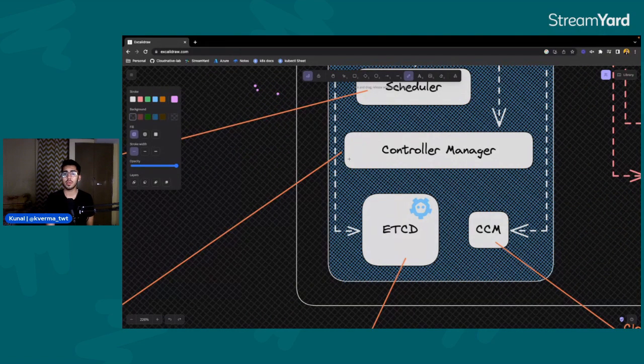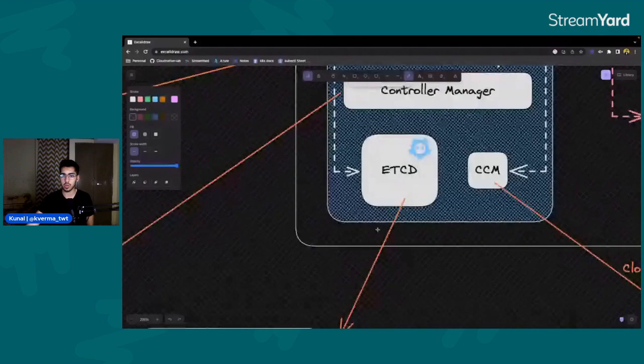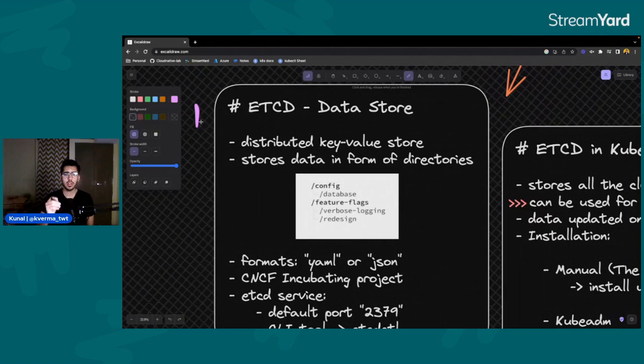Before moving on to the controller manager, I'll just introduce you to etcd, because we have mentioned it a lot of times, and it's definitely a very important component among the control plane components that we just talked about. In etcd, there are two things to understand. For the time being, forget about using etcd in a Kubernetes cluster. etcd in itself is a separate open source project. It's a CNCF incubated project, completely open source, and we implement it in the Kubernetes cluster. So right now, forget about it being used in the cluster. Let's first understand what etcd is as a project on its own.